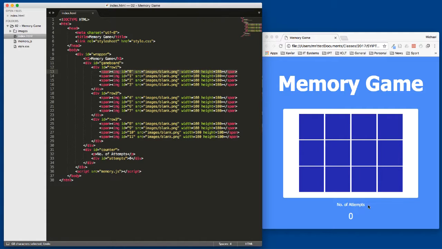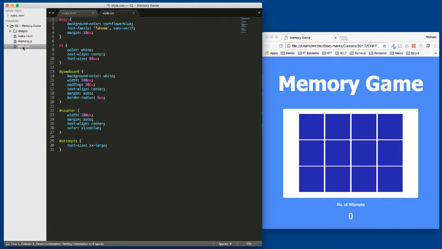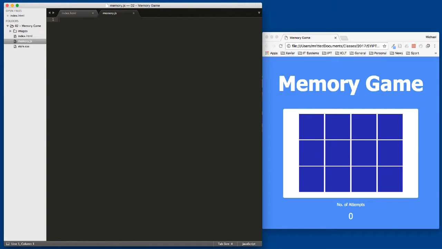And then we've got our number of attempts, which is just a paragraph tag and a div holding our number of attempts, which is set at 0. So that's the structure of the HTML for this project. CSS is pretty simple sort of stuff. You can have a look at that and see what's going on there. But obviously the major work we have to do is going to be done in our JavaScript